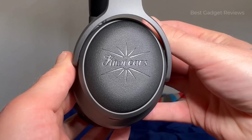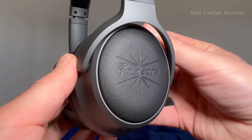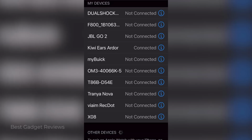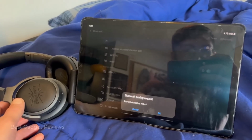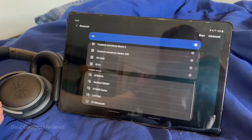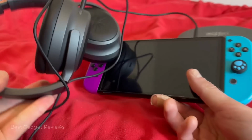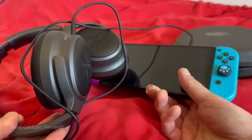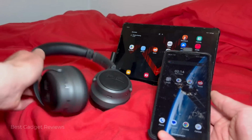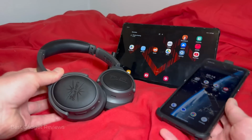The Ardor headphones introduces high-fidelity wireless audio as it features Bluetooth 5.4, which offers ultra-low latency with an 8 to 10 meter signal range. And also the ability to connect to two devices simultaneously. And so it's perfect for any gamer on the go. Professionals or students who need to connect to both a computer and a phone simultaneously, this will help improve efficiency